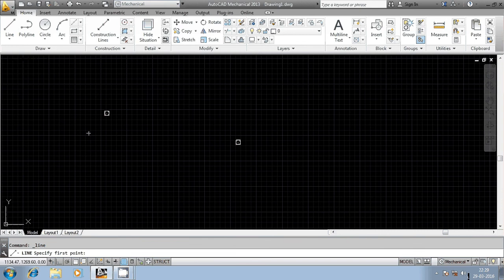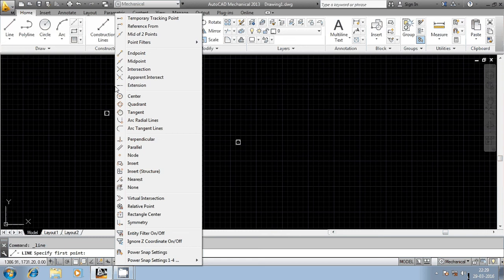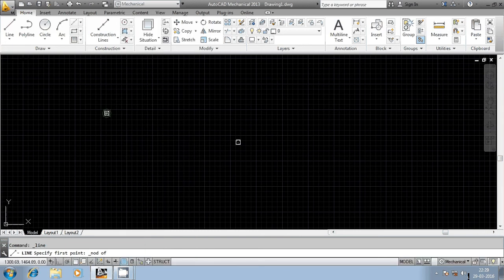In order to select these 2 points, after invoking the line command, it will ask for the first point. Then press the control button on the keyboard and the right button on the mouse. Then you can select node in order to select the point. Place the cursor on top of the point, left click and continue the process.